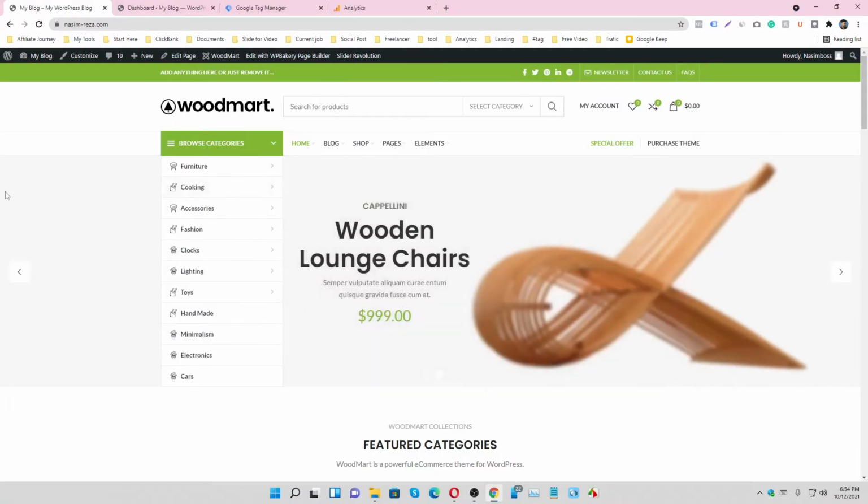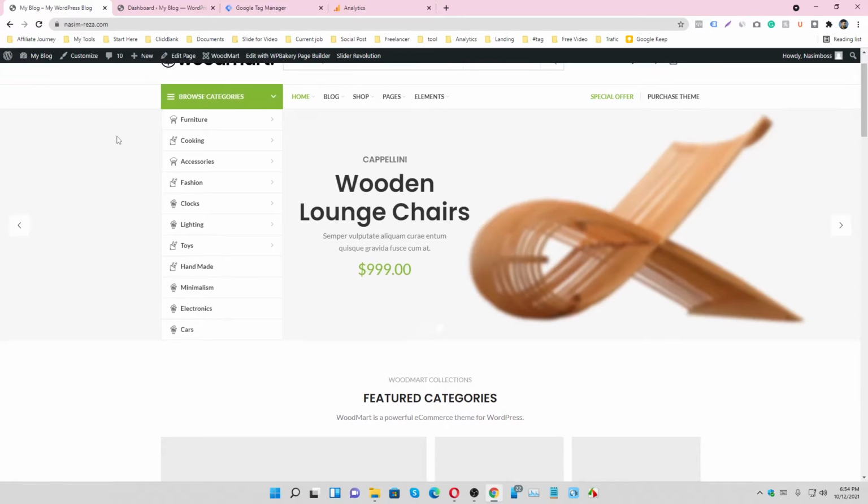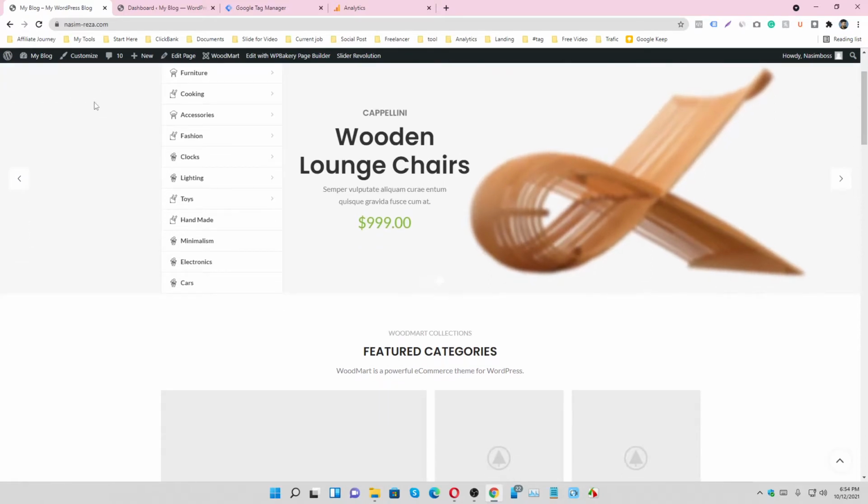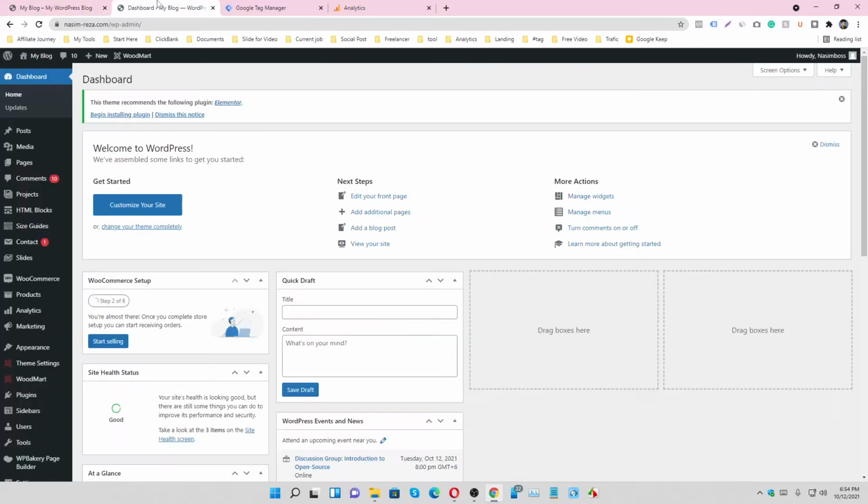So this is our website that we are going to enable Google Analytics in. This website is made with WordPress. So let's log in to the admin panel. Now I am in the admin panel of this website, and let's go